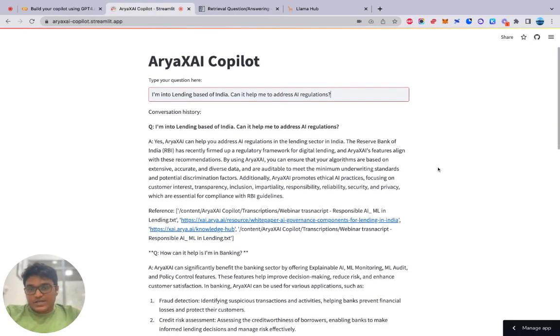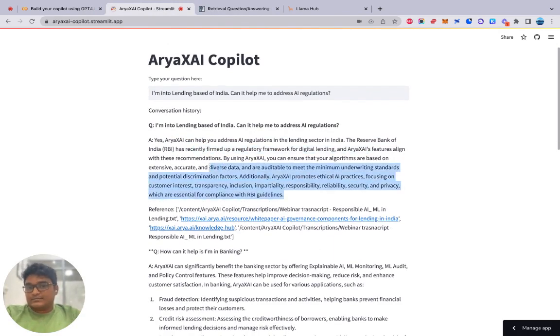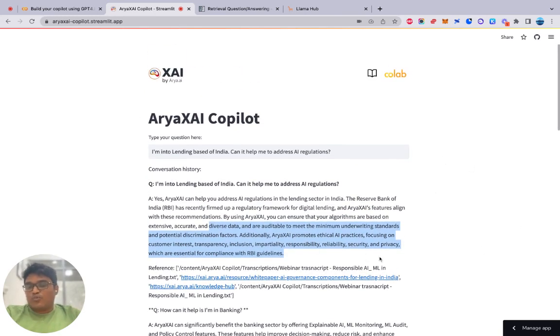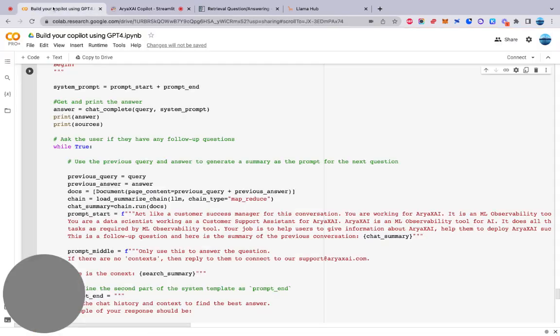Yes, so the answer is here. It says that yes, RAXAI can help you address AI regulations. RBI has recently formed a framework for digital lending. Additionally, it helps you promote, and so on. I think building a Copilot is going to be the next way of knowledge sharing. This is a simplistic way. I think we are going to see a lot of subject matter expert Copilots or product specific Copilots. Given that as a future,